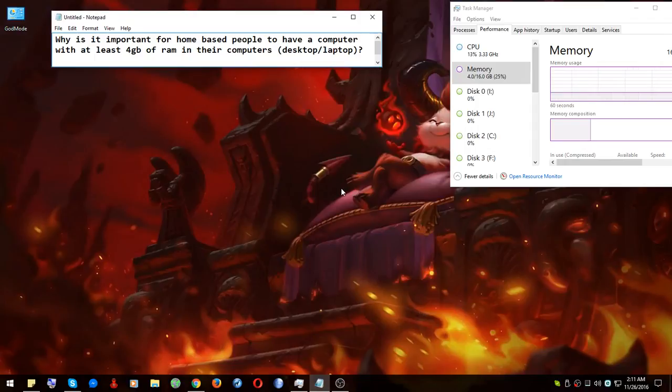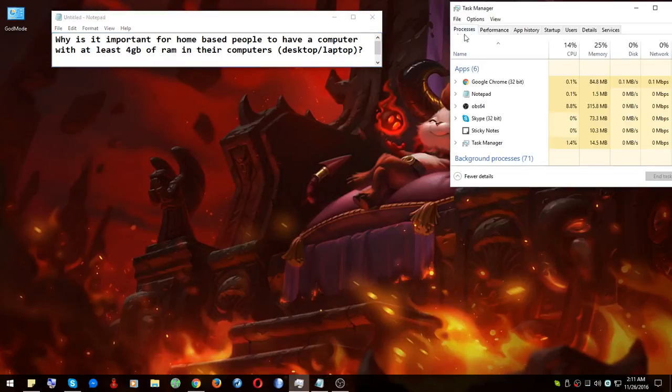Just a note here that a hard drive is not as fast as RAM. So what happens is that there might be lags that you'll experience. So this usage would probably go up. Okay, so let's see. Just to make sure that you understand how RAM works, I'll be loading some more applications